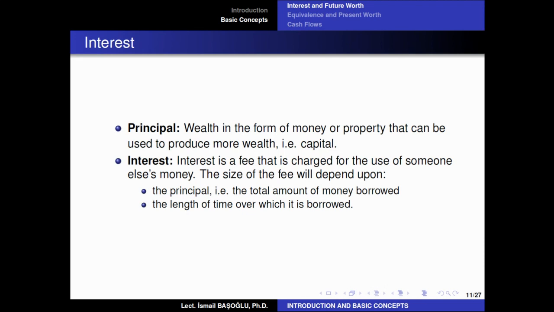Then the same interest amount is not going to go for $1,000 as well. If you lend me $1,000, then this means I need to pay you $1,000 plus $100 of interest for the following 3 months. So you see, if the principal amount increases, the interest increases as well. Also, the length of time that the money or the principal is borrowed affects the interest size.